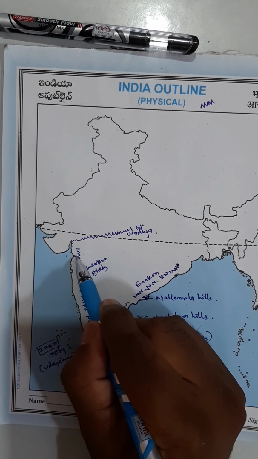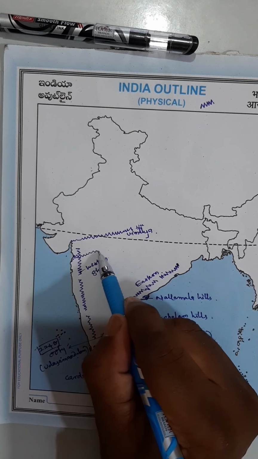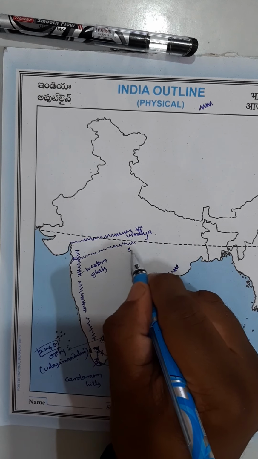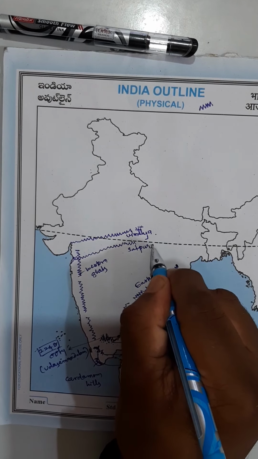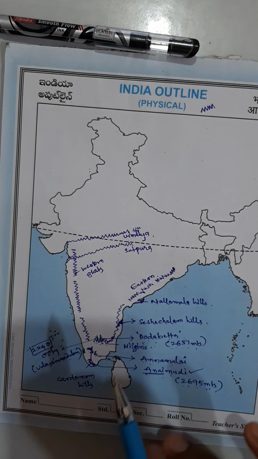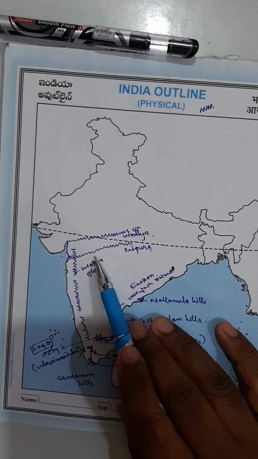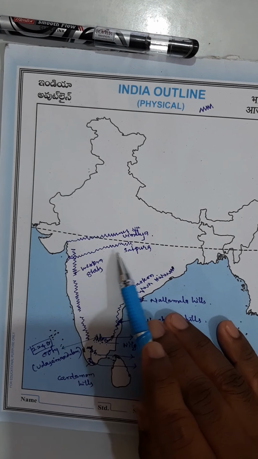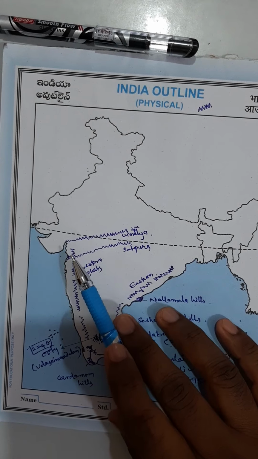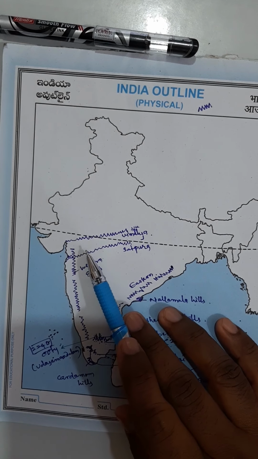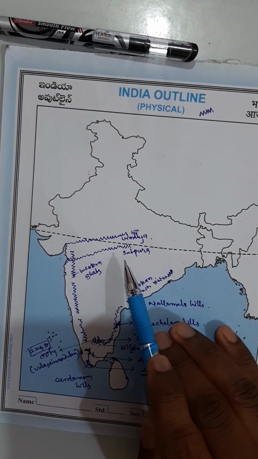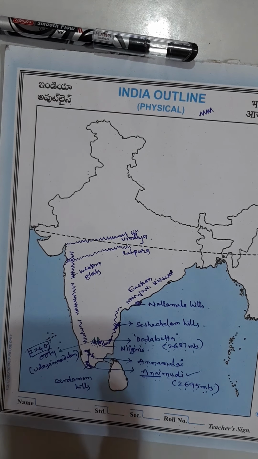And here is one more range that starts in Maharashtra. These mountains are the Satpura mountains. Remember, this stretches in Maharashtra as well as in Madhya Pradesh. You go to the top once you are marking these Satpura mountains and Vindhyan mountains. From left to right, you just go on increasing. So this is Vindhya and this is Satpura.